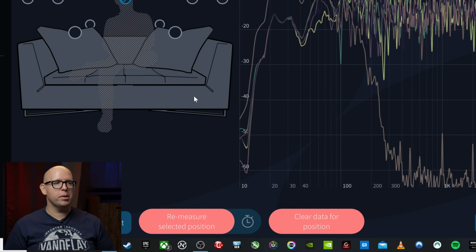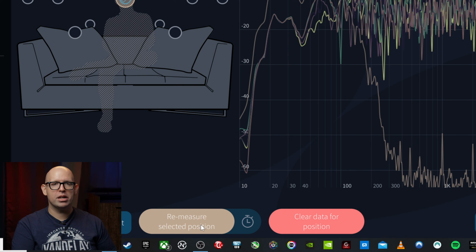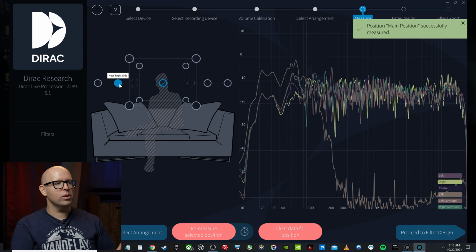So if you're not home alone and other people live with you, and maybe during this measurement there was a knock on the door, or a door opened and closed or something, and if you feel like it maybe affected the measurement, you can remeasure it. You don't have to go through a bunch of hoops to do it, or wait to the end to redo it. You can do it right away. Now we can go and measure any one of these again.